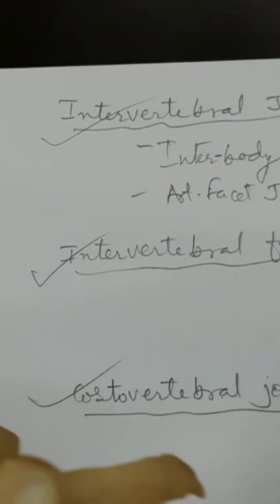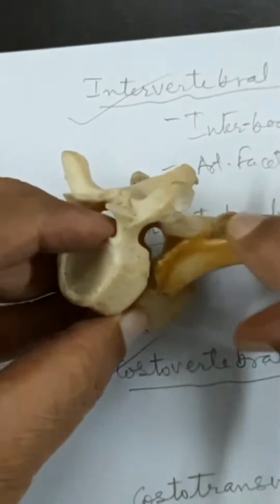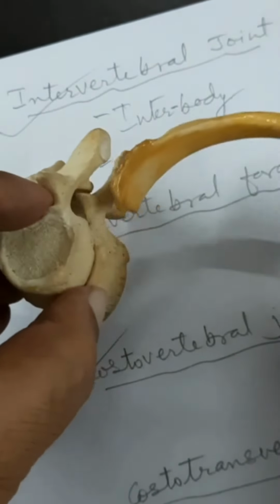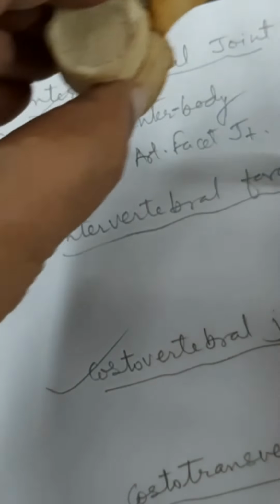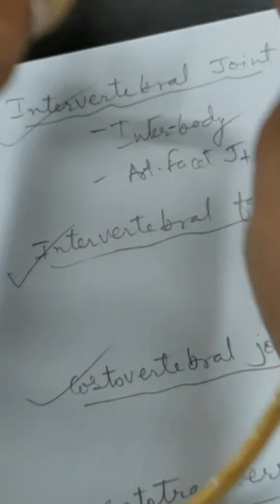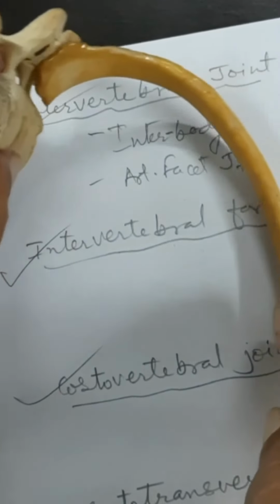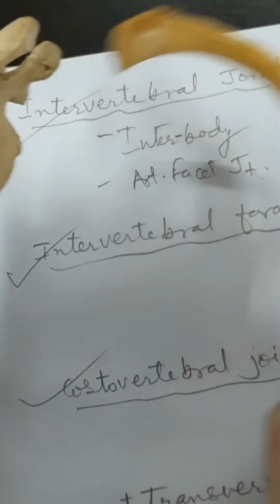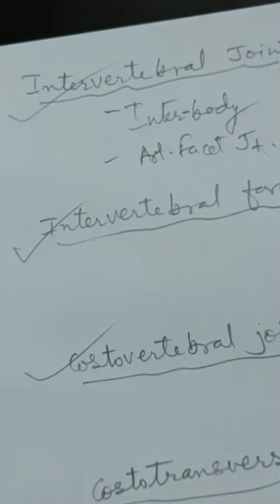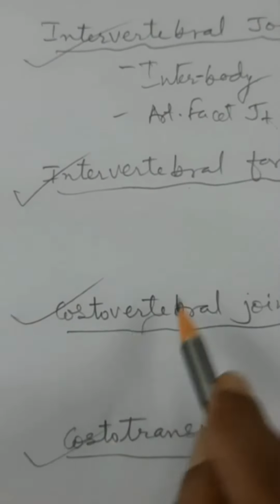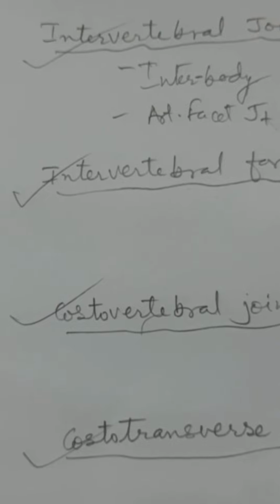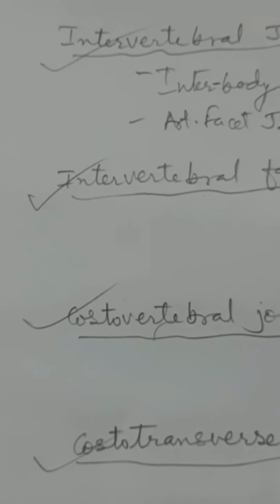I hope that you have understood, and you will have to practice these articulations by keeping the two vertebrae and the rib on the same side to form an articulation. You got these articulations? So this is how the ribs and vertebrae have the costotransverse and costovertebral articulations. In the next video, I will try to complete all the atypical vertebrae.